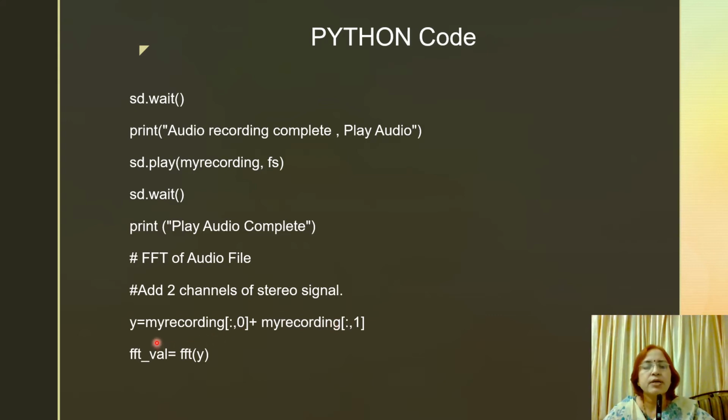Then we have to find out the FFT of this audio signal Y, and we are finding the FFT by using a command in Python. So fft_val is the FFT points or FFT function, which is equal to the fast Fourier transform of our audio signal.